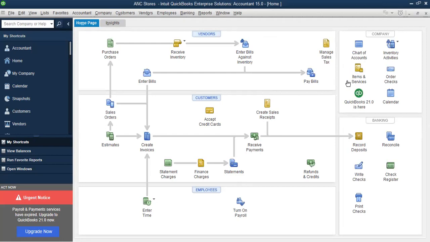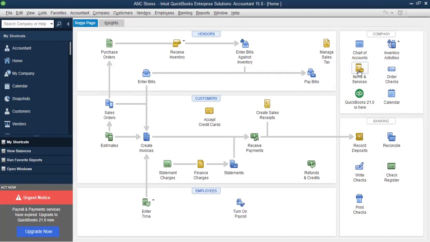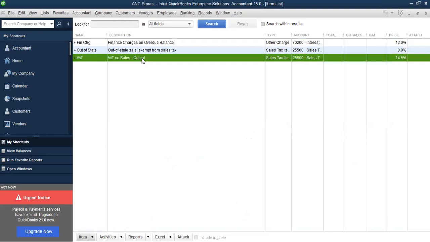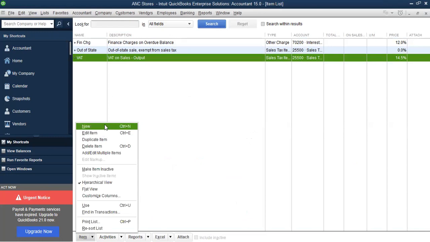So Mr. Mazonde, you come with me per homepage, items and services, because we said VAT is a product. So items and services are products. So you come here. Here is where we get the list of the products and services that we offer. One of the products we offer to my clients is VAT. And my customers, they don't pay us the VAT money because we sell that thing on behalf of ZIMRA. The product is similar. So to add VAT on sales, to add new, you go to new.